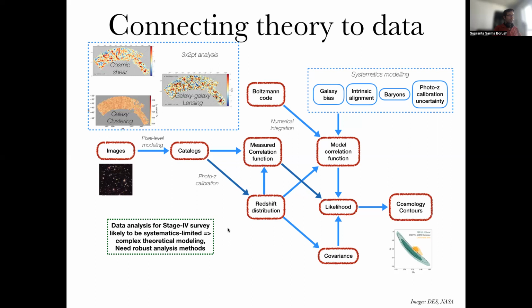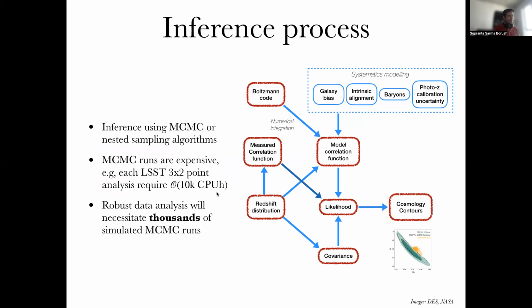One thing to remember, though, is that the data analysis of these stage 4 surveys is probably going to be systematics limited, which means we need more complex theoretical modeling of different systematic effects, and which will also necessitate using robust and better data analysis methods. In particular, in this talk, I'm going to talk only about the inference process, which basically consists of this part of the flowchart, and some of the challenges that we face in the inference part of these data analysis